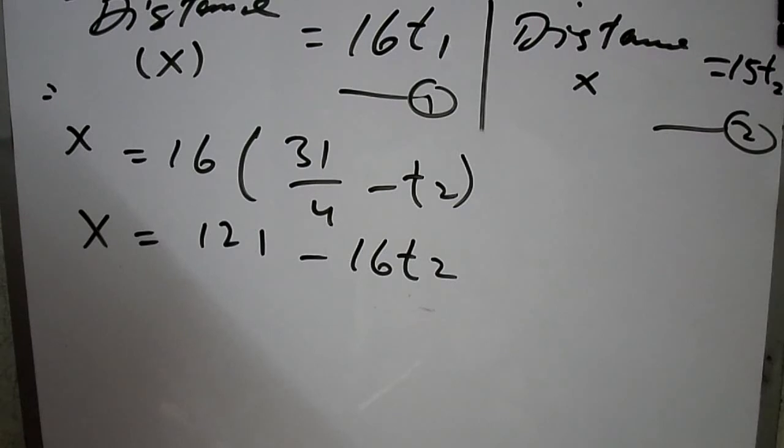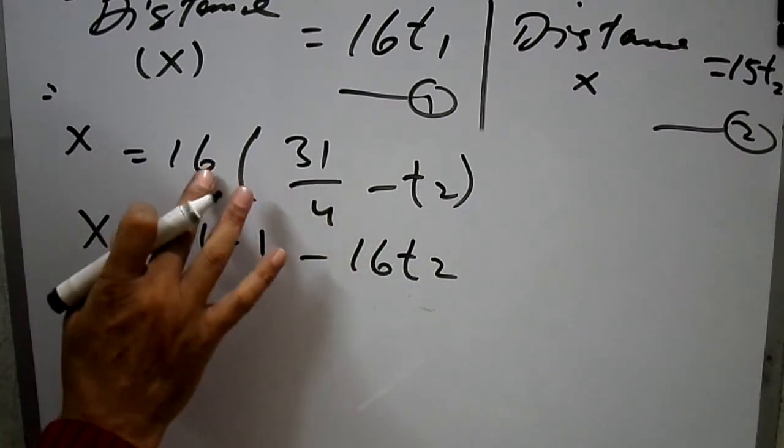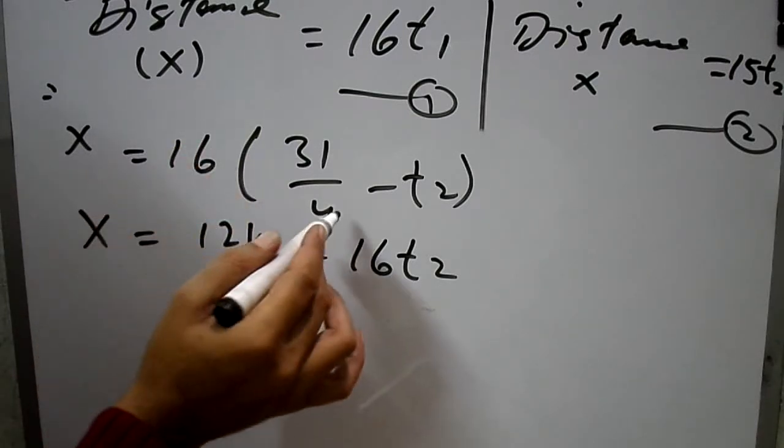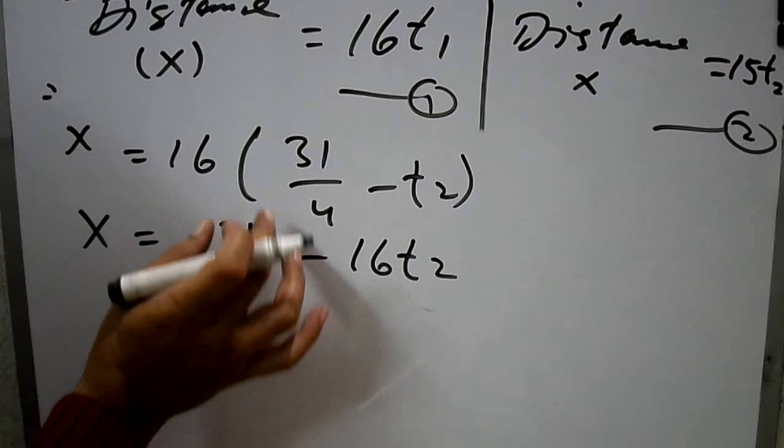So you can see that after this, we can say that t2, that is your 124, because 4 4s are 16. When you multiply this, you will get